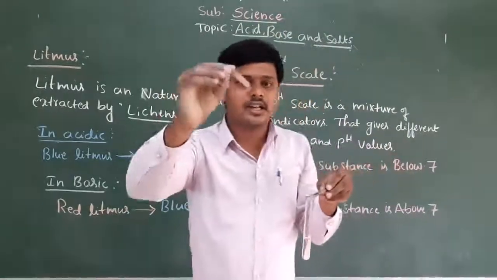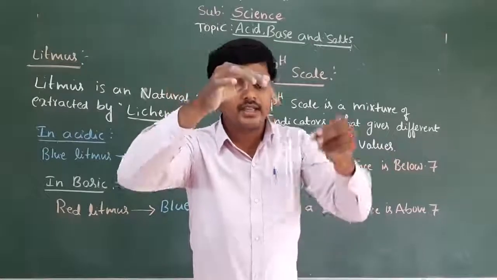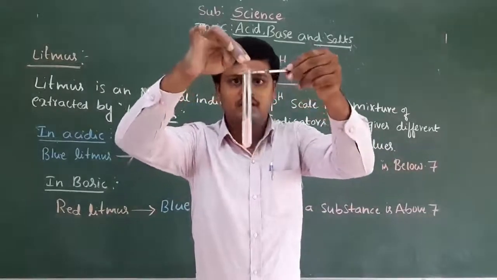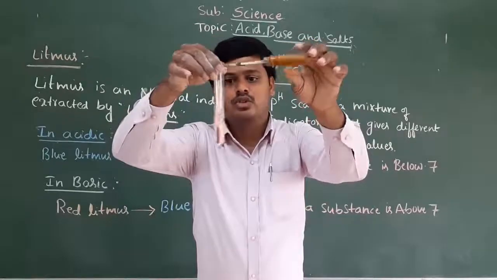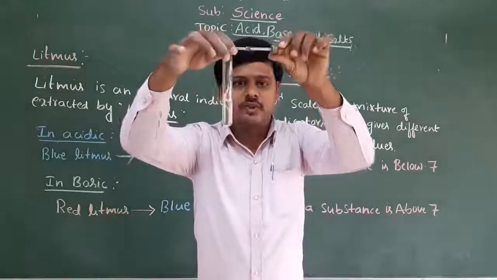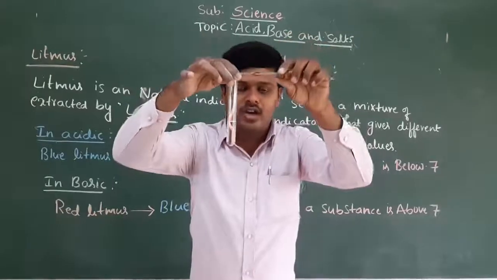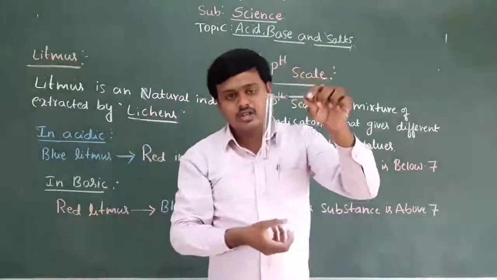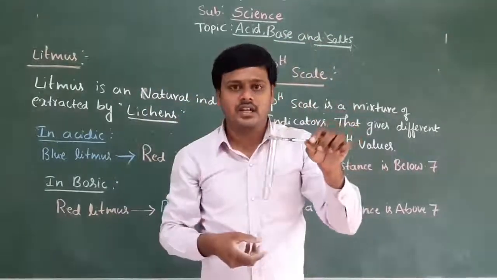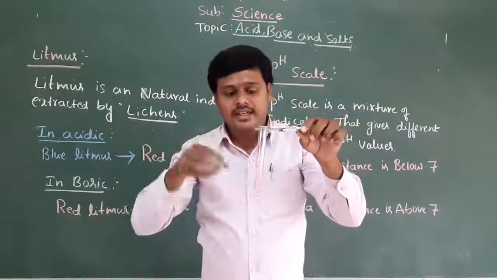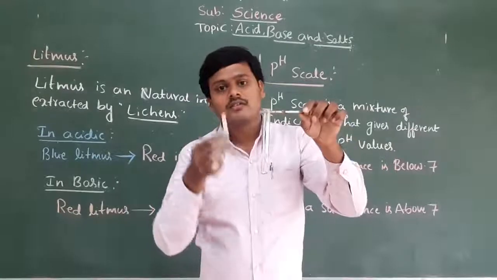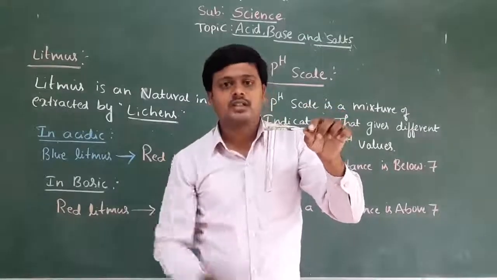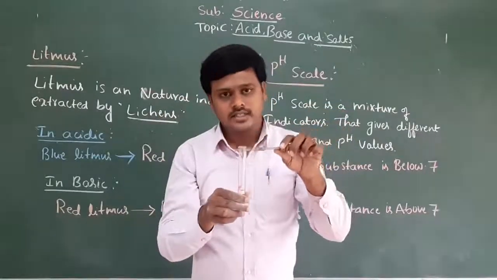Okay, next. What changes are you observing? Same thing again. I am going to add red litmus paper to the dilute hydrochloric acid. Just observe it. So it does not change. There is no change that happens right now. Why? Because it is naturally red in color. That's why. It is specifically the blue color that is meant to identify whether the substance is acidic.